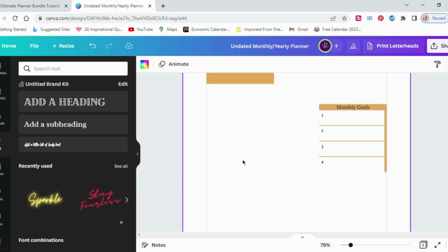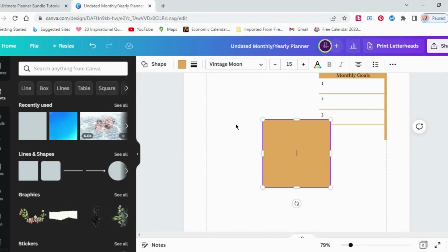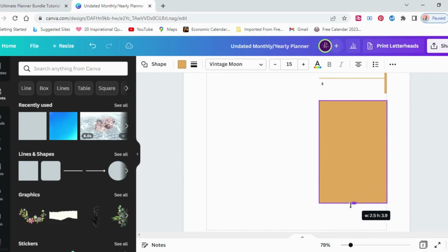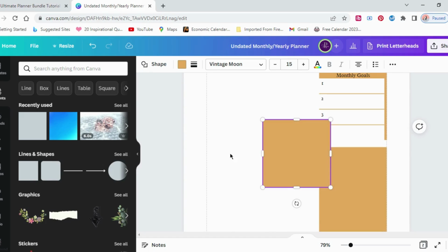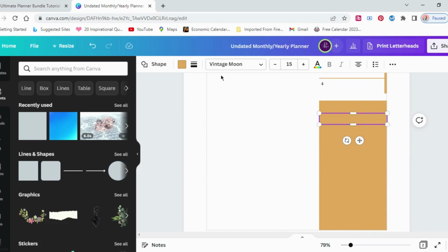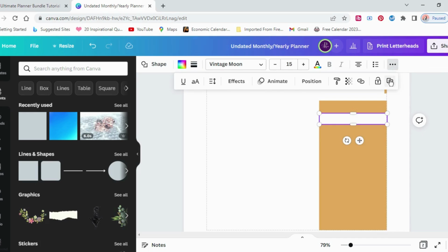No, I'm not going to use that box. We have plenty of space right here, so we can use that space for important dates. And once again, I want to lock this box so that as I'm doing them, this box doesn't move with me. I don't need that box to move. So we're going to duplicate it. We're going to give about,